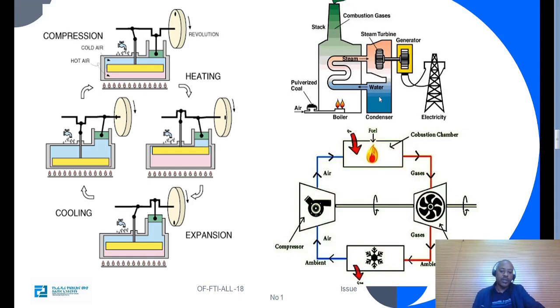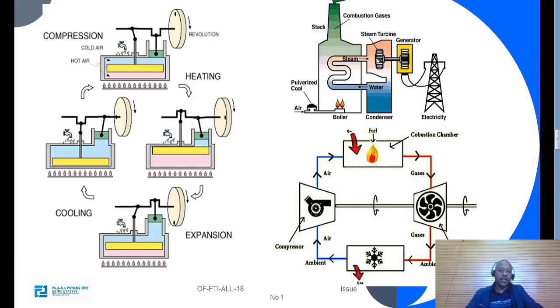So water is stored here, then the stored water moves to the heating medium. So the boiler or the burning gas here generates heat, and the water boils or expands and pressurizes. Then this pressurized water, that means steam,